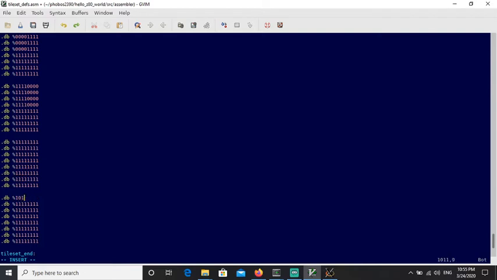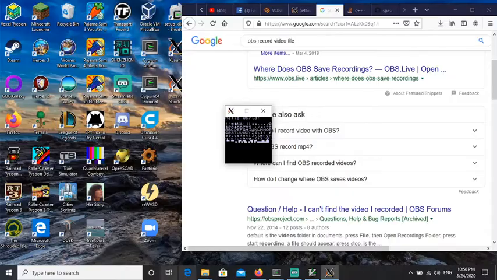So 1 0 1 0 1 0 1 0, and then below that we do another checker grid. There we go. And I believe that's 1 2 3 4 5 6 7 8. Alright, so if we do that, and then we run it again,